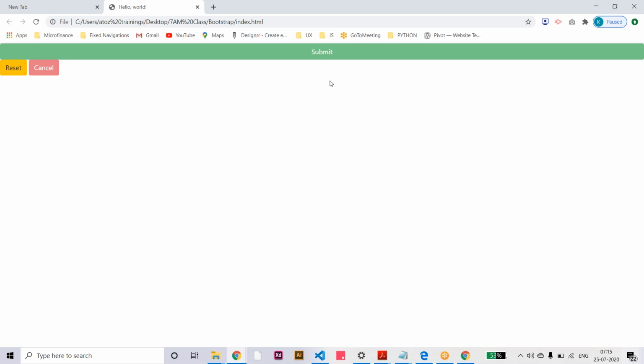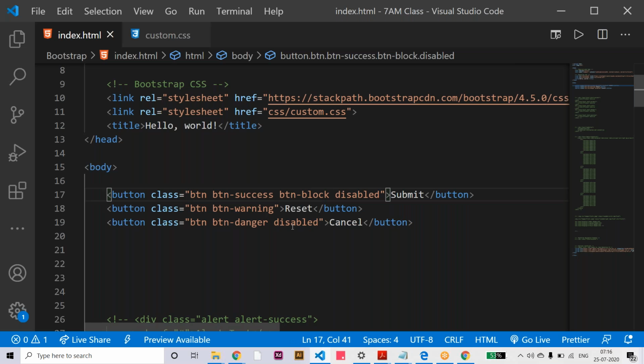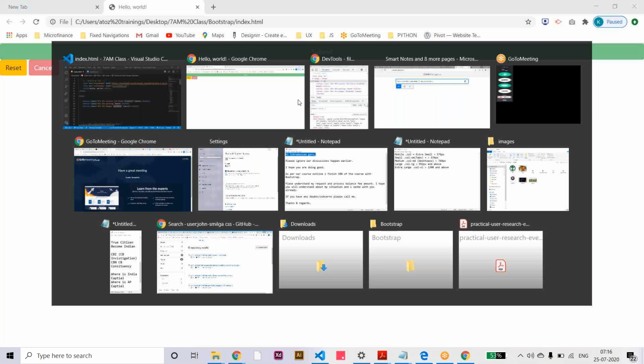Okay, so that is the correct value. Then the value will be validated and automatically the submit disable will be removed and it will be activated. So that is like JavaScript commands. I will teach that in the JavaScript section, but in Bootstrap we are going to use the disable class to disable any buttons like this.